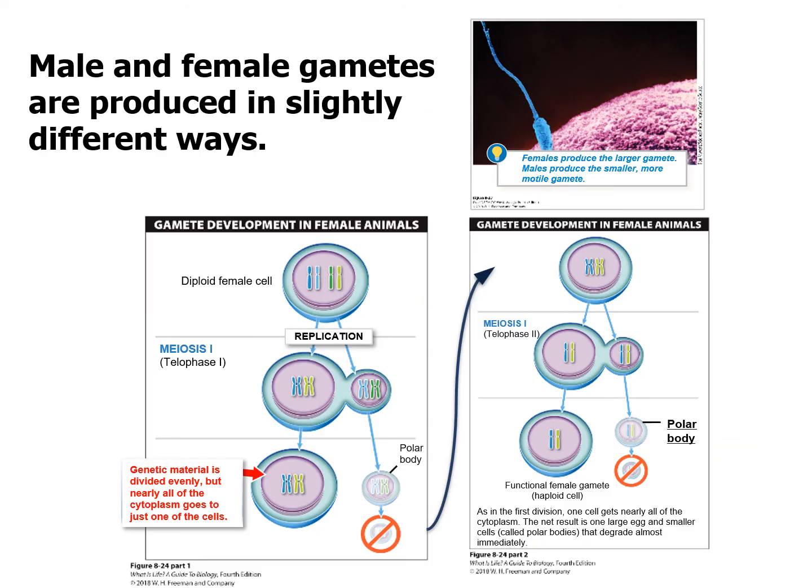So, moving on from that very heavy topic to how male and female gametes are produced in a slightly different way. So what we have here is an image of the gamete development in female animals, and I know I said meiosis ends in 4 cells, but for females, technically it only ends in 1 viable cell. The other 3 cells are known as polar bodies, which essentially means that they're useless, they're trash, your body reabsorbs them, we don't need them.